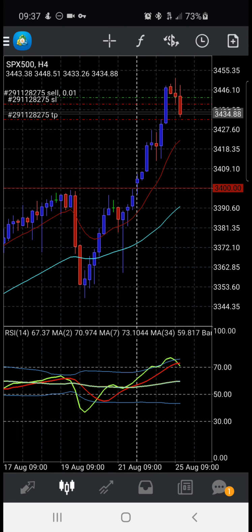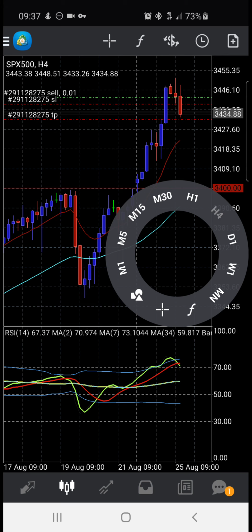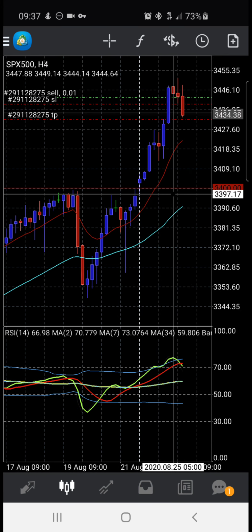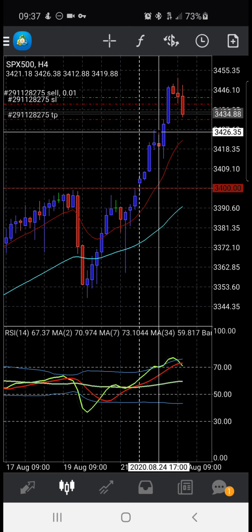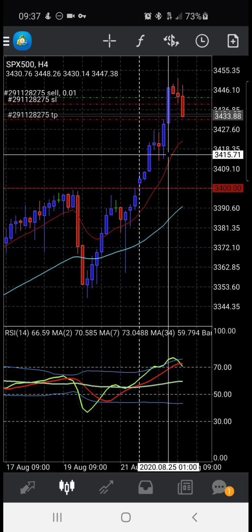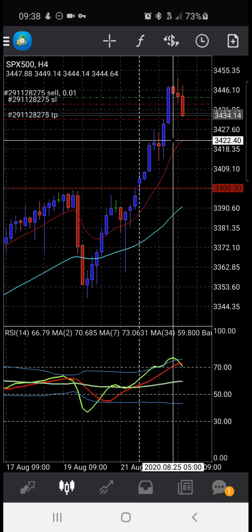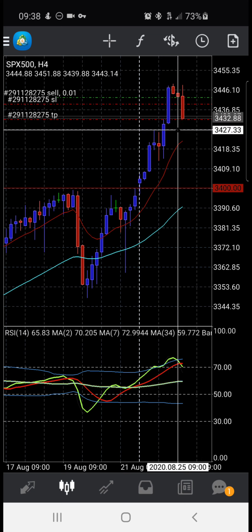Let's take a look at the 4-hour. Because we could possibly see it come all the way down to this demand area right here, on the 4-hour. But we don't have to be greedy. So we can take our